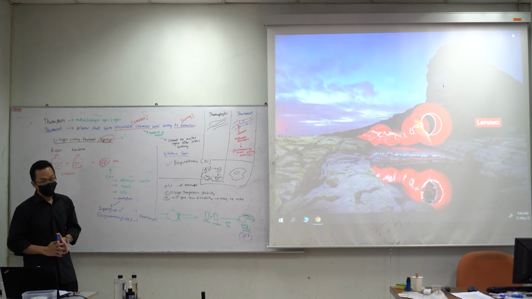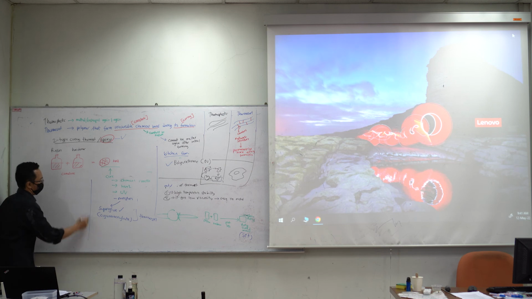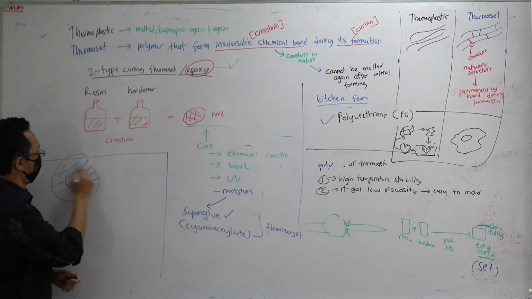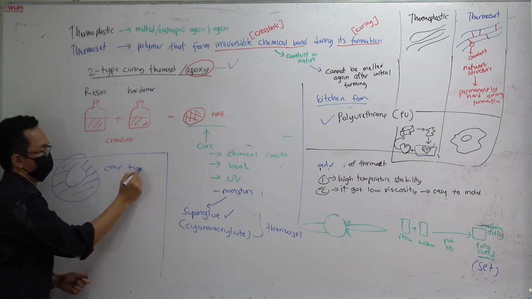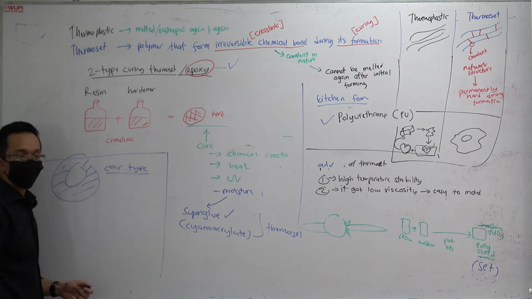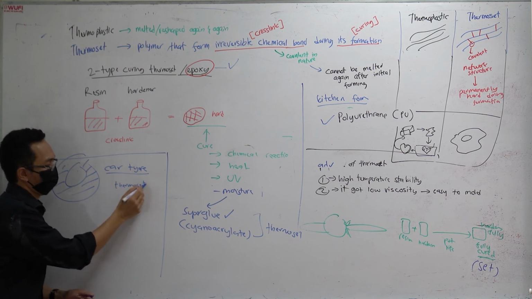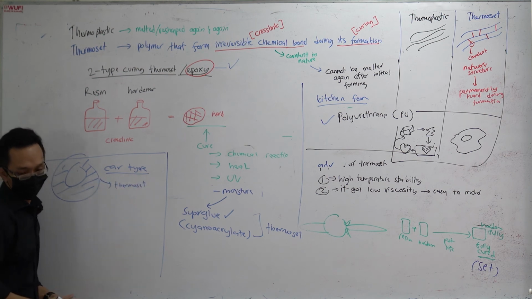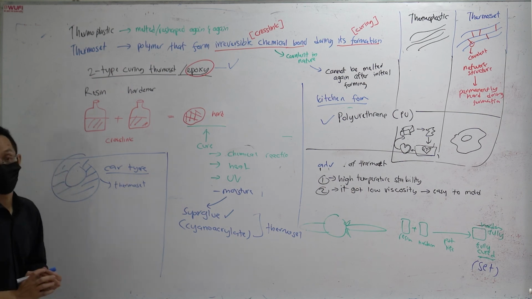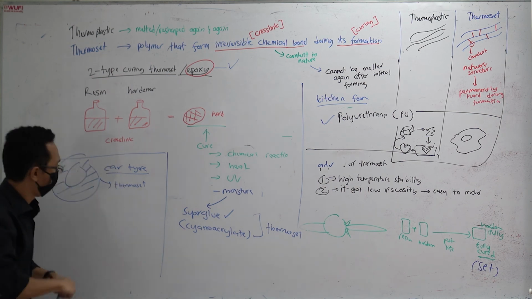Under the thermoset, we have car tires. See? Car tire also thermoset. Okay, car tire also thermoset. Okay, you know the car tire is made of rubber, right? Made of rubber. Rubber by itself